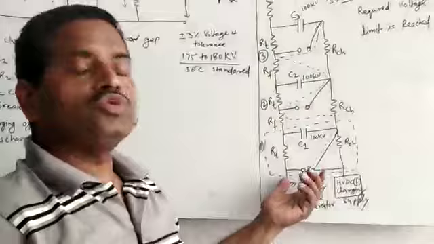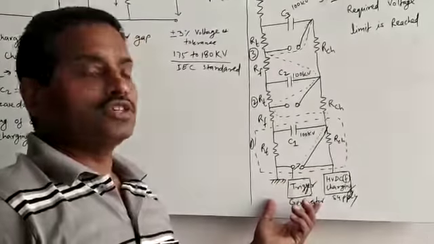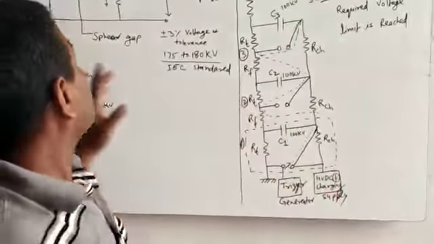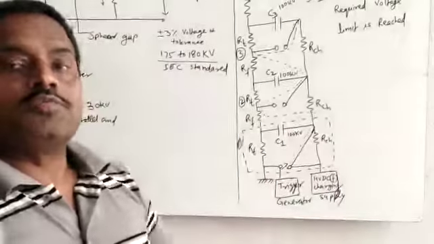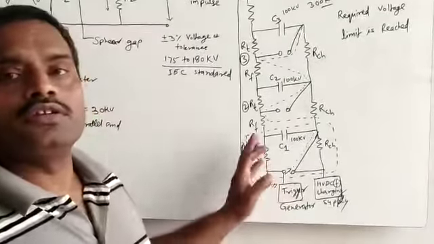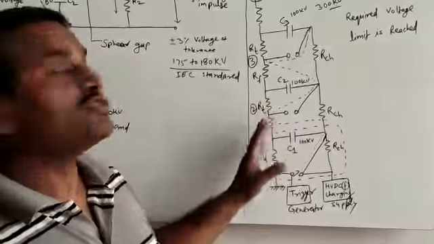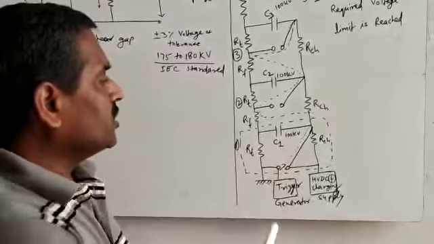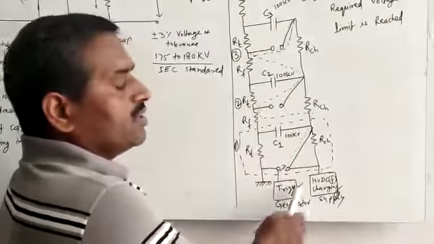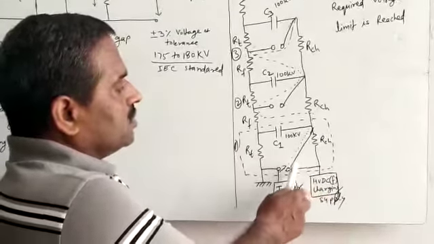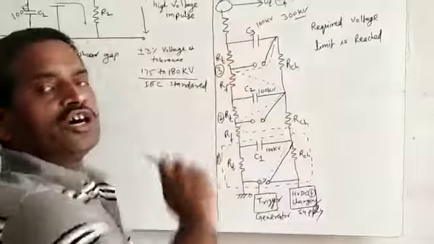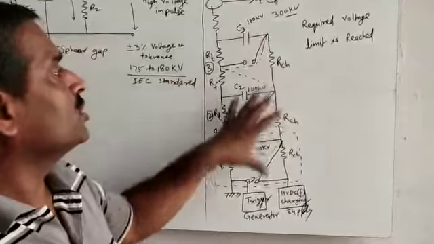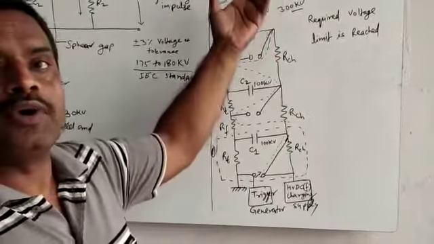Now here we have to use the trigger circuit generator. The charging resistance is the same as the charging resistance in the previous circuit, and RT is the tail resistance and RF is the front resistance, which were given as R1 and R2 in the previous circuit. Now, when giving the DC supply to the circuit, C1, C2 and C3 will be charged up to the 100 kilovolt supply, since C1, C2 and C3 are added in parallel in the circuit.